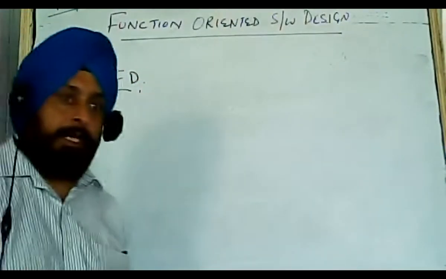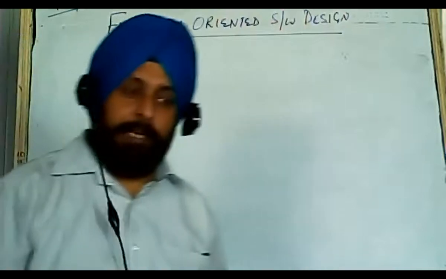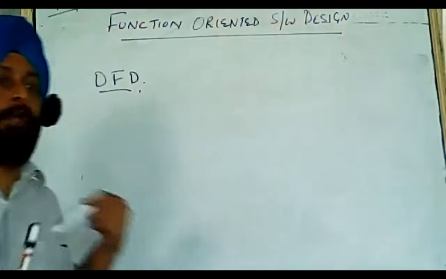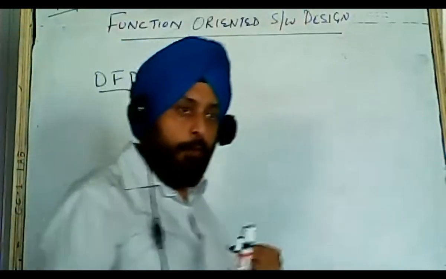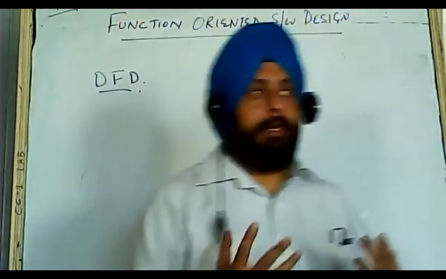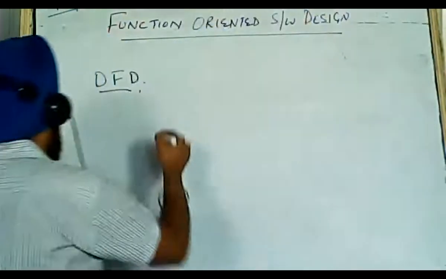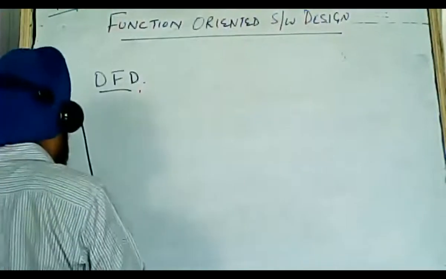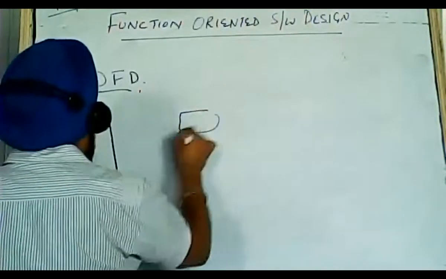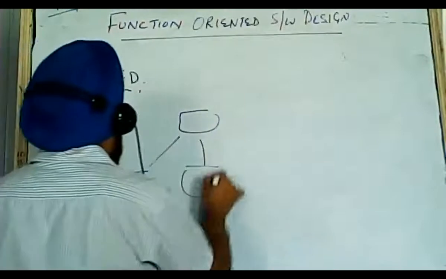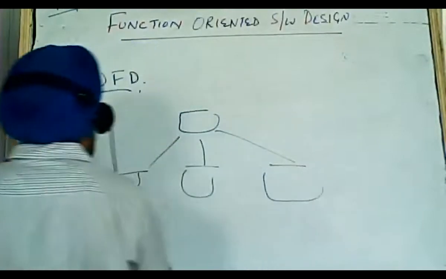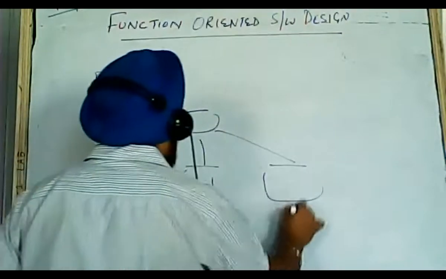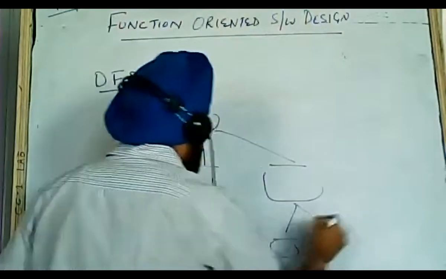DFD. So here the pictorial view is done. DFD is nothing but a simple thing, the data flow diagram. Suppose there is any software, any product, it has different modules in it. So we have to see our data flows from which module to which module. It can also have a hierarchical approach because it is a layered design. So I will just see the modularity approach in the layered design, and it is hierarchical in nature.